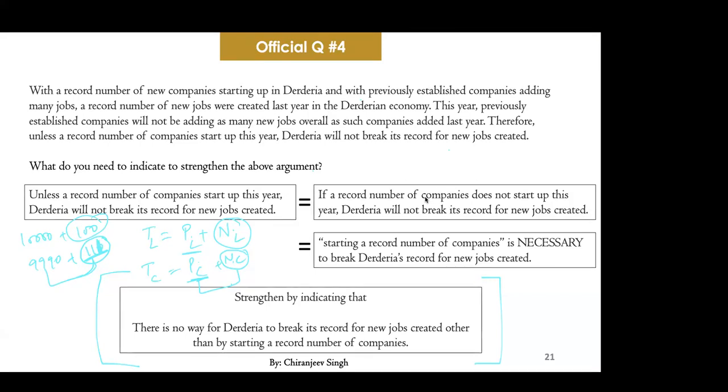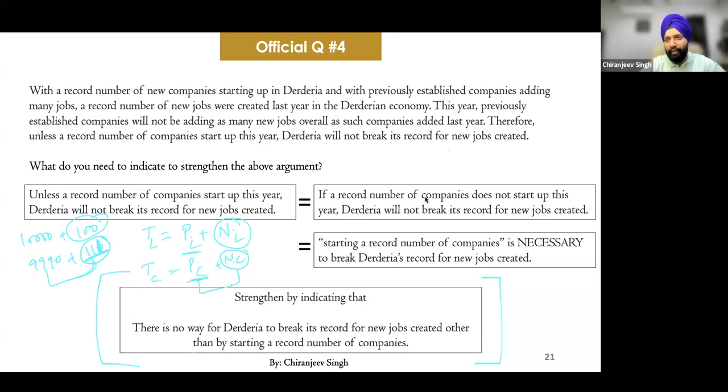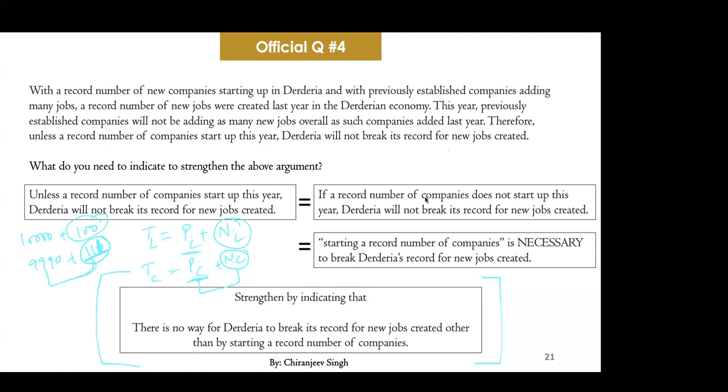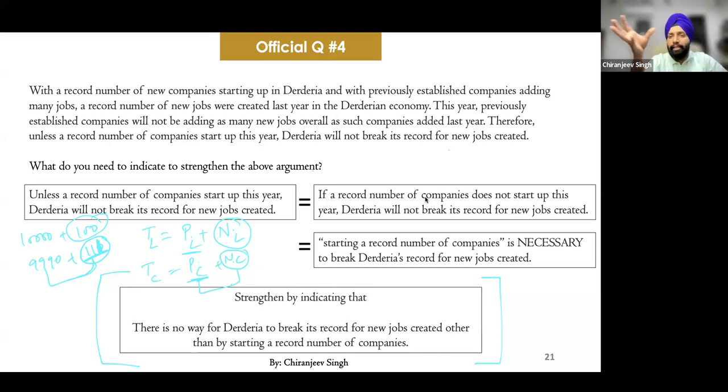मतलब मैं ये नहीं कह सकता कि जो लेटेस्ट डेटा मैंने देखा है, उसमें if new job creation का रिकॉर्ड नहीं हुआ, तो I cannot say that record companies didn't start. मतलब बेस्ड ऑन जस्ट the data of new job creations, क्या मैं ये इन्फर कर सकता हूँ कि फिर रिकॉर्ड कंपनीज didn't start? नहीं कर सकते ना, वो तो वैसे भी नेसेसरी कह रहा है। तो अगर वो नहीं हुआ है, outcome doesn't mean कि नेसेसरी कंडीशन सैटिस्फाई नहीं होती, हो सकता है हो गई हो उसके बाद भी ना हो।